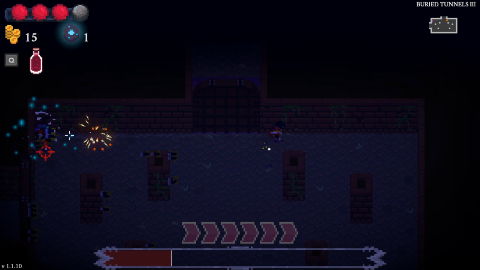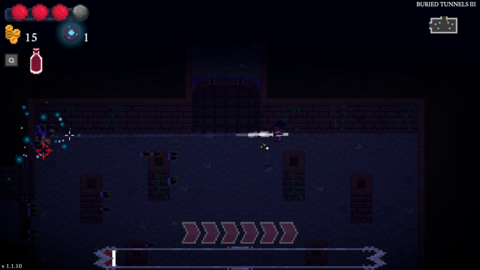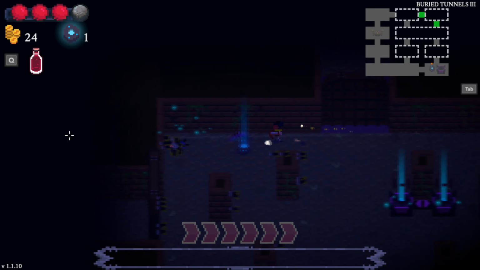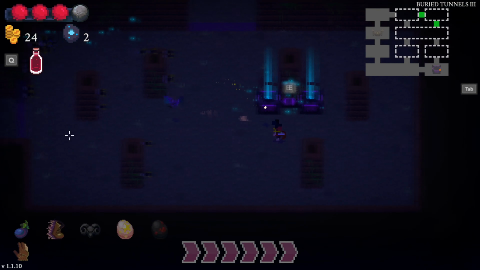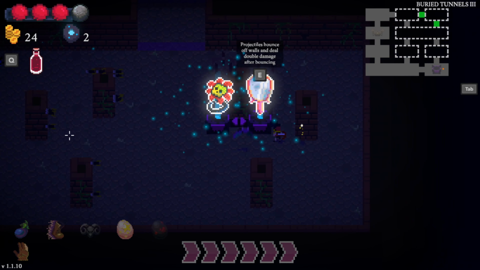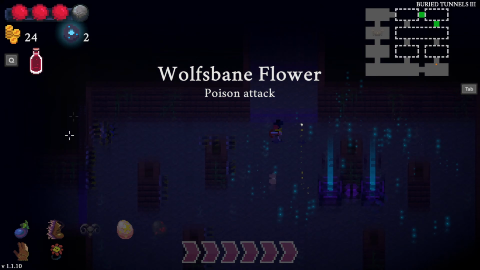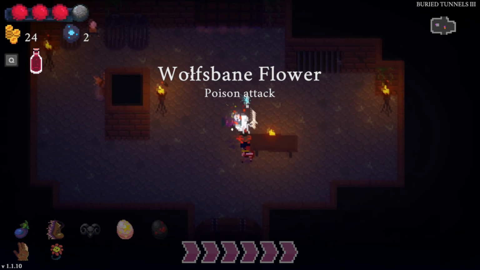Not exactly riveting work here. But hey, it gets the job done, and that's what keeps me happy. Alright, let's see what we got. We got poison attack, or projectiles bounce off walls. I feel like poison attack might be good. Both of those I'm not a huge fan of, but